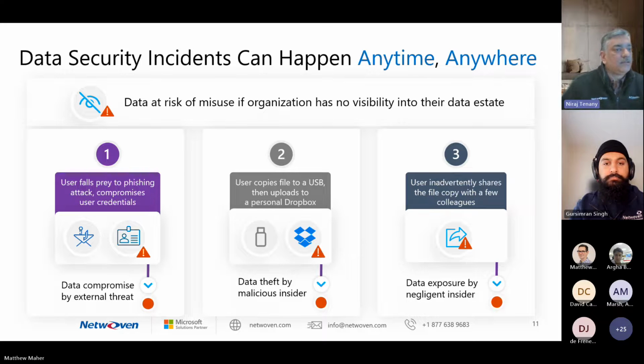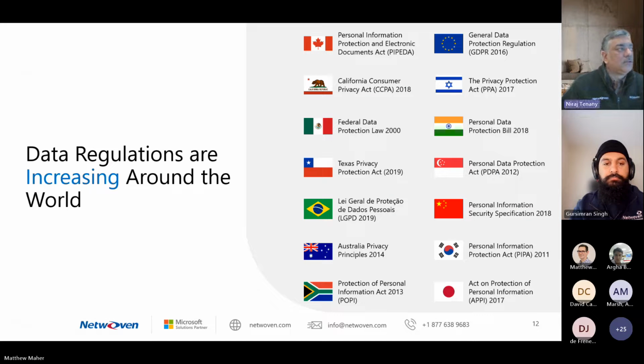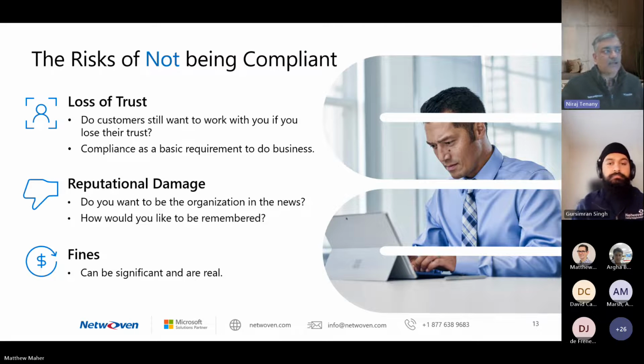Next slide, please, Matt. So here's some data on regulations. As David mentioned, there are a lot of regulations out there. Every couple of days, there's a new regulation either from a country or from a state. And you want to make sure that as we are protecting data, we are also taking into consideration the regulations that are growing by the day. So we want to make sure that's covered as we prepare our strategy.